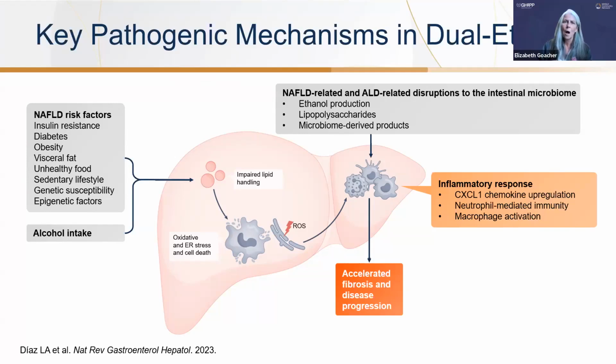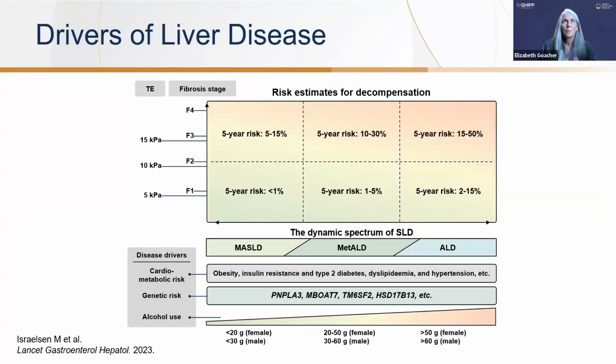And this is related a lot to how impaired lipid signaling is happening inside the liver, driven by the different endoplasmic reticulum stresses, oxidative stress, and cell death. And then there's also an inflammatory response, and this inflammatory response leads to fibrosis, and to the inability to degrade the fibrosis until it accumulates and builds up until you develop advanced fibrosis. While it's from two different starting points, the pathways are similar, and even histologically it's very difficult to tease apart.